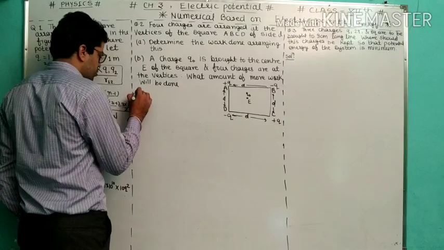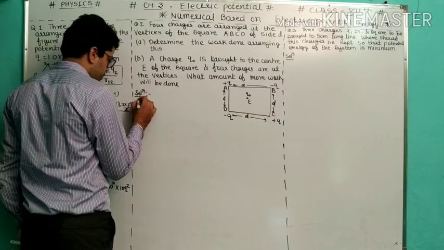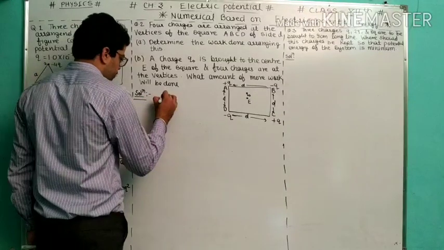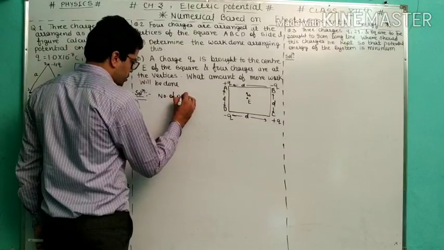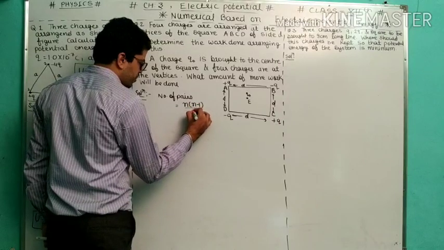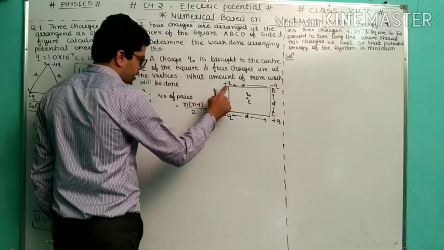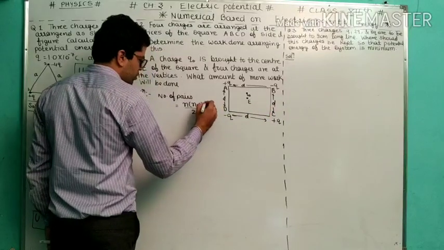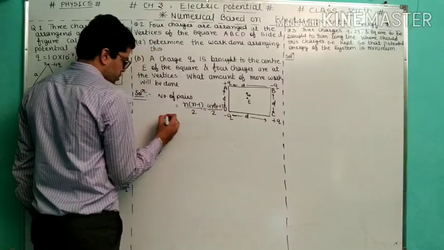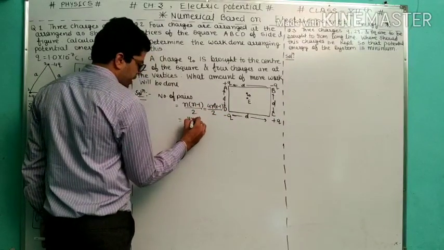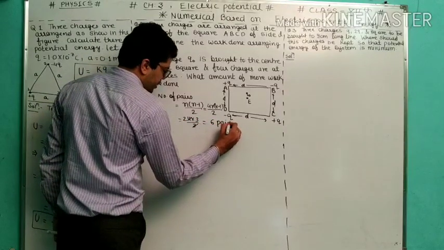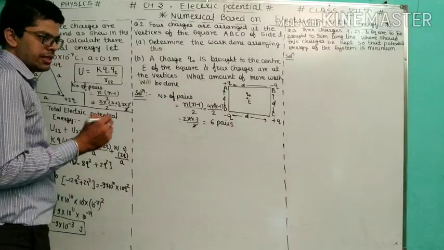So first solution I am going to do here. First of all, I told you we have to find out the number of pairs. In short, we can find the number of pairs with a very short and easy formula, n minus 1 divided by 2, and the value of n is, how many charges? 1, 2, 3, 4. So 4 into 4 minus 1 divided by 2. So here we got 4 into 3 divided by 2. So how many pairs? We got 6 pairs. We have to form 6 pairs.